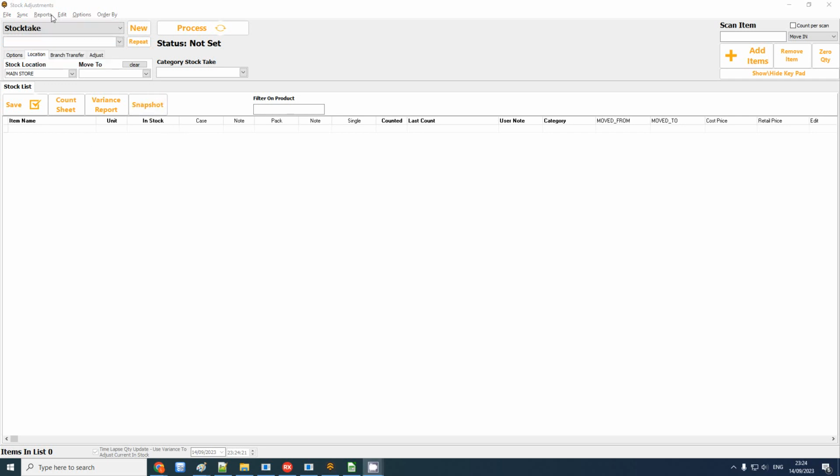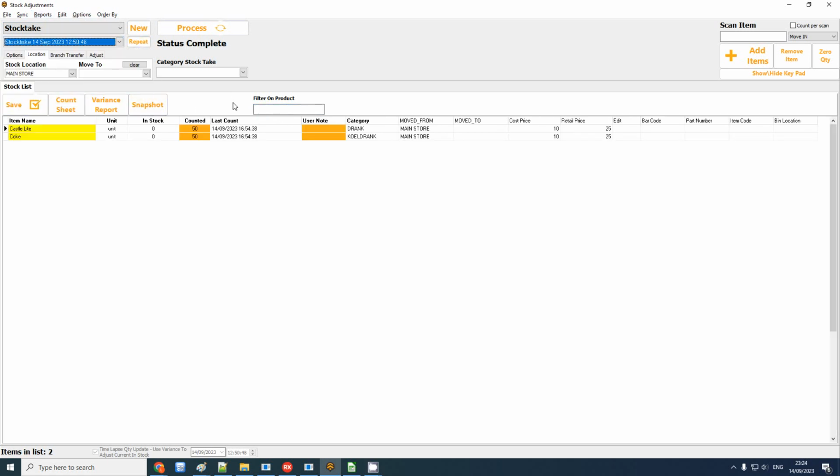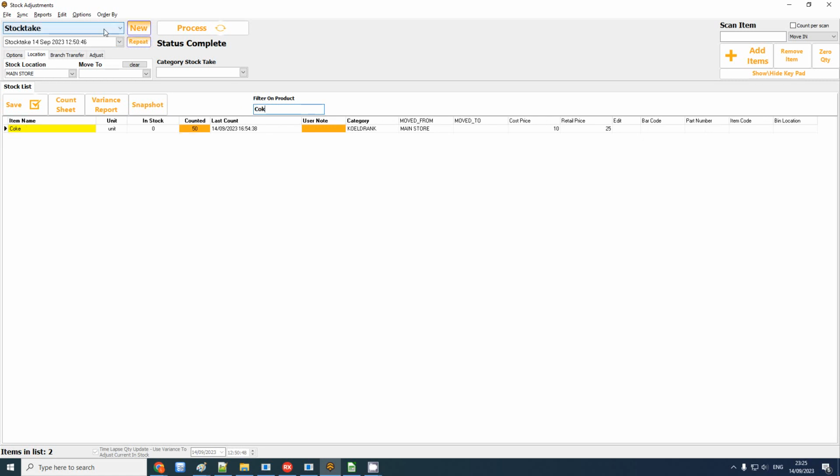That was simply because the report, while it is a variance report, should not be used in the date range, and it's quite difficult to read as it does not calculate your balances, which we'll show you right now. So the main change to mention is that there is a filter now. Let's just quickly have a look. I don't have a lot of products, but if you type in Coke, it helps you to filter. But if you want to see what the movement was, you would click on your movement summary,